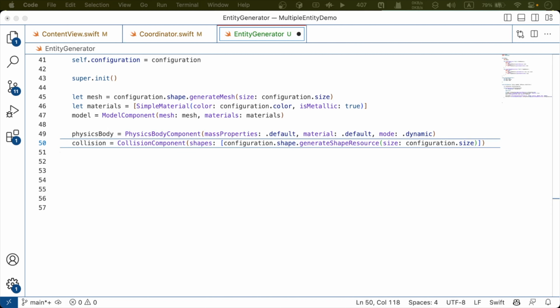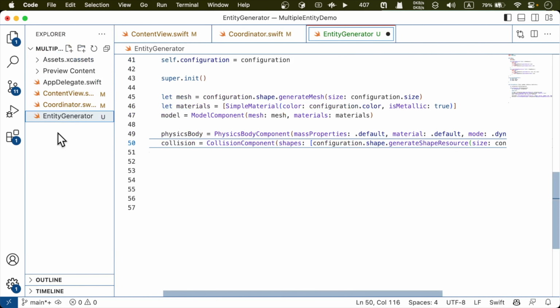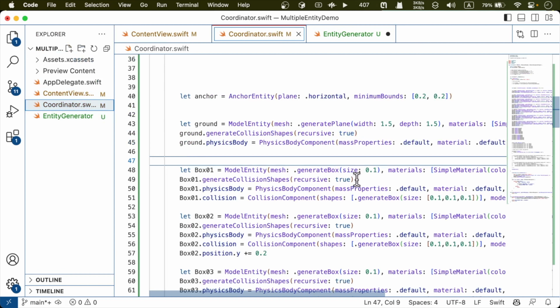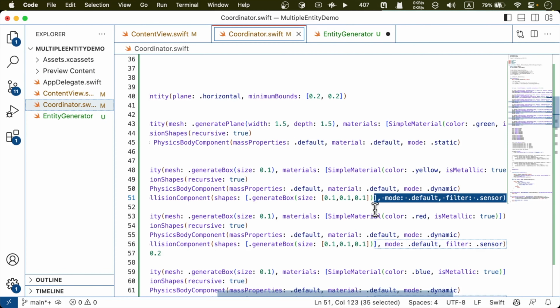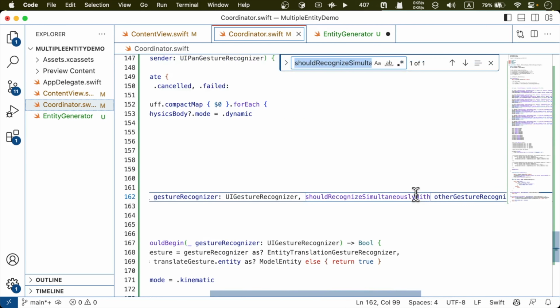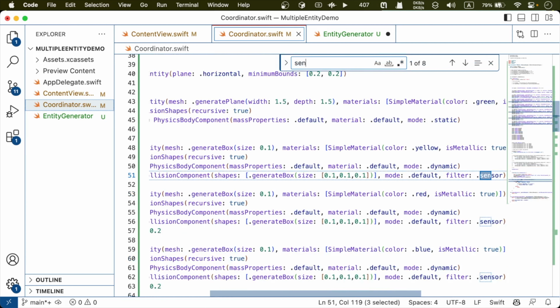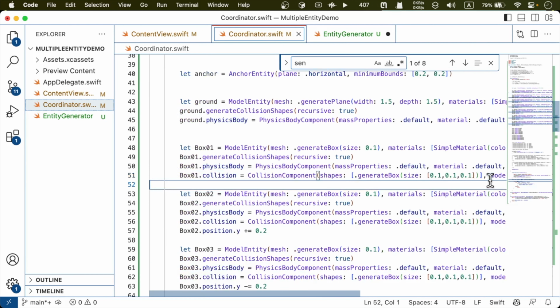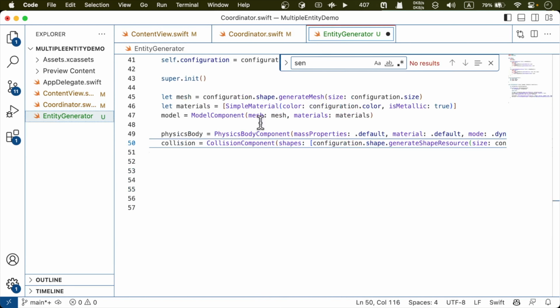And I think we also got a model and trigger. If you don't know what I'm talking about, you can just go back to your coordinator code to check that, because if you look at here, I think we can check the sensor trigger. Yeah, mode default sensor, right? And generate shape resources, something like that. Okay, so collision shape. So let's go back here,